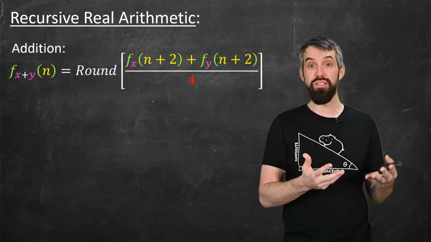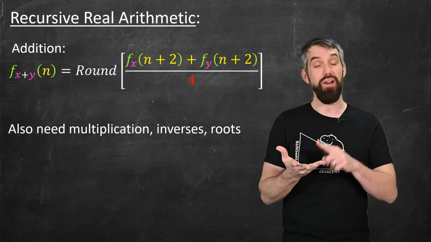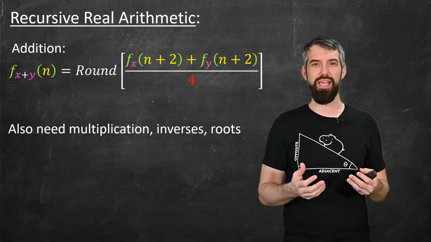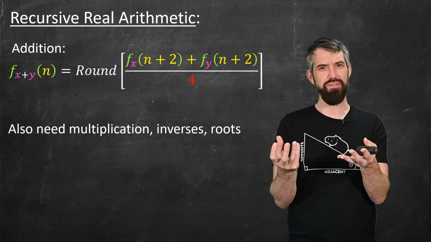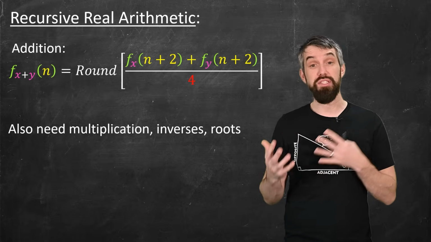I can add things that are represented in this way. And there's similar algorithms for multiplication, for inverses, for roots. They get a little bit more complicated. Like for multiplication, you have to have the multiplication of the errors and the magnitudes of the numbers themselves. But you can check all the formulas out if you're interested in the references and the paper that I'll put